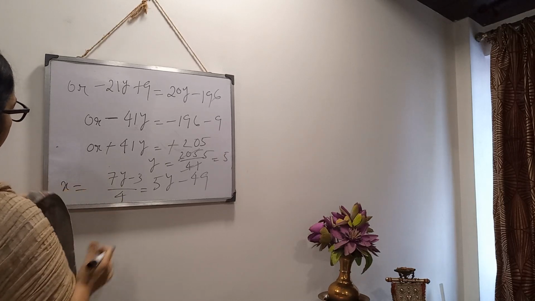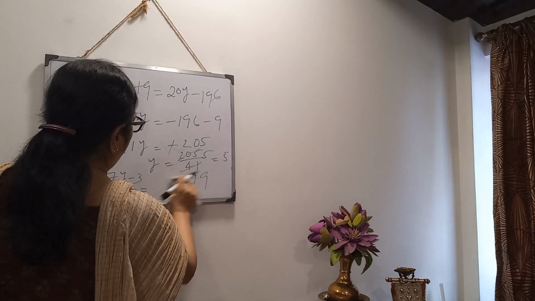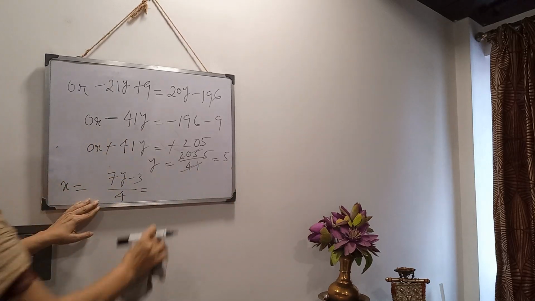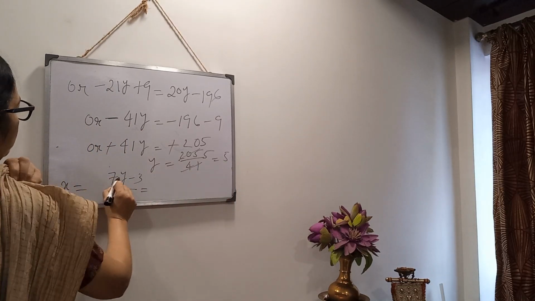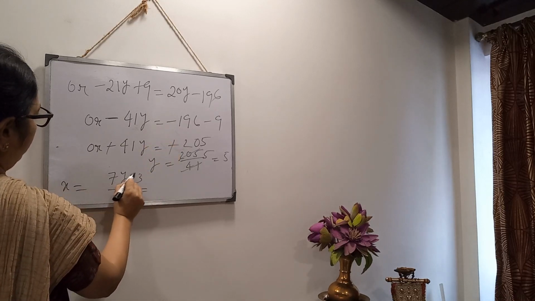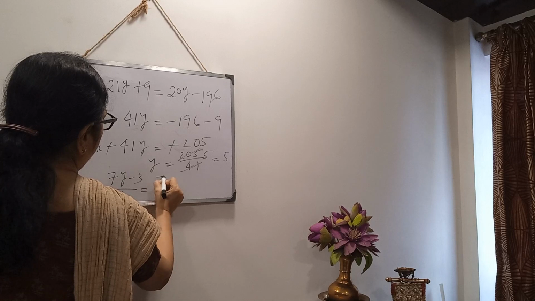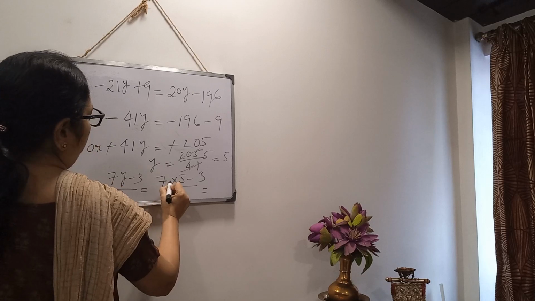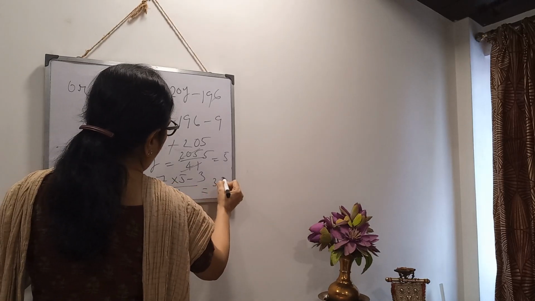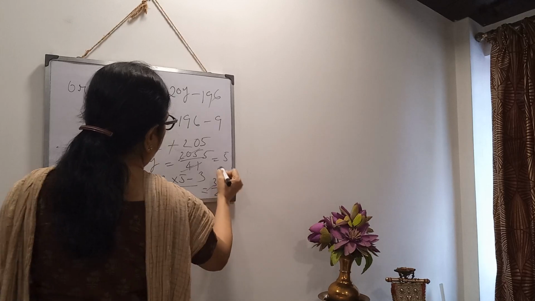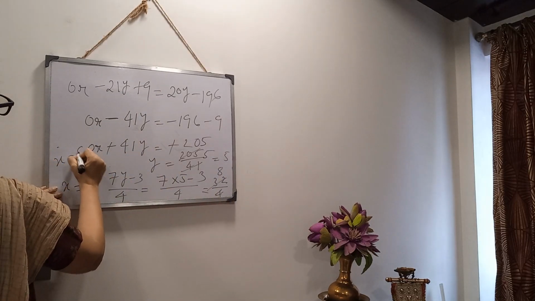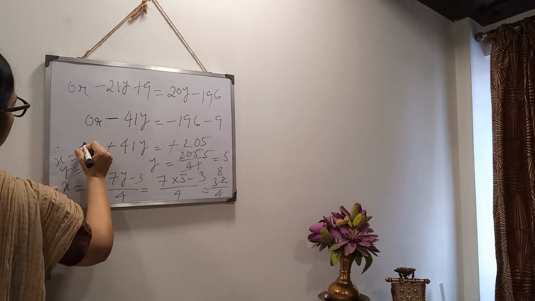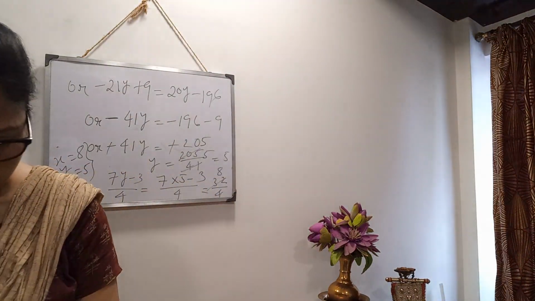My x equals to, in my equation 3 was x equals to 7y minus 3 by 4. Now here I am putting the value of y. 32 by 4, 8. So x is 8 and y is 5. These are my x 8, y 5. These are my solutions. Clear? Now if the sum is this type,